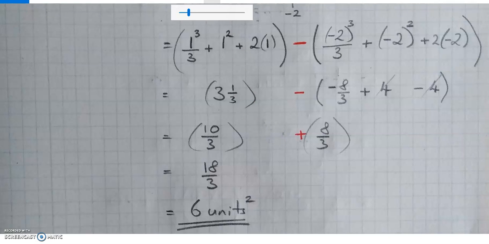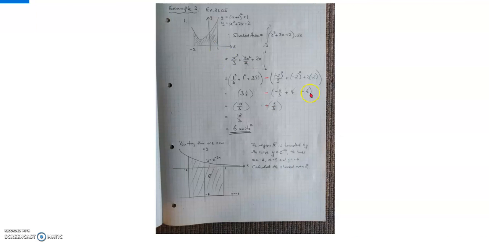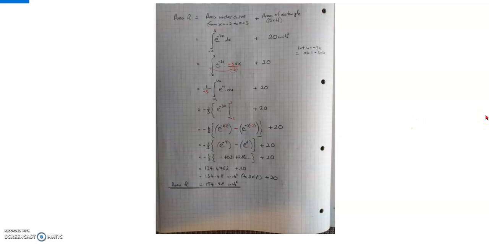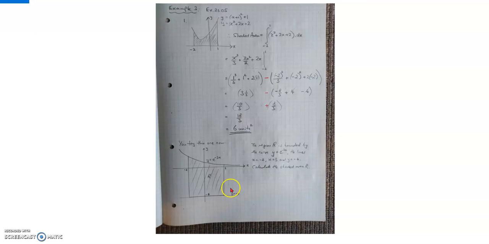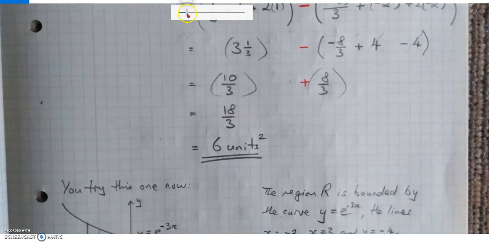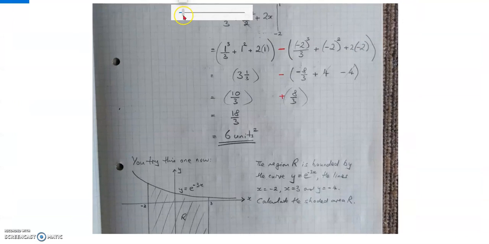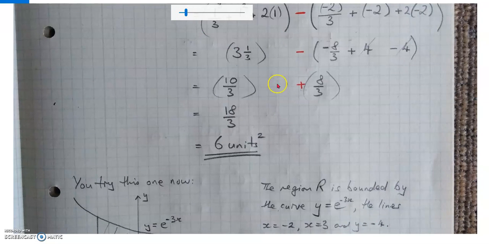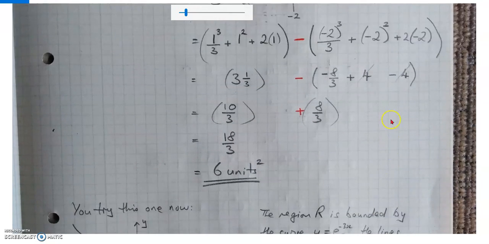Okay, now let's go on to the final example, and then we're done. Oh dear, I'm silly, it was on the bottom of the other page. Yes, it's this one here. Sorry, I thought we had come to the bottom of the page with 6 units squared. Okay, all right, so the next example, which I